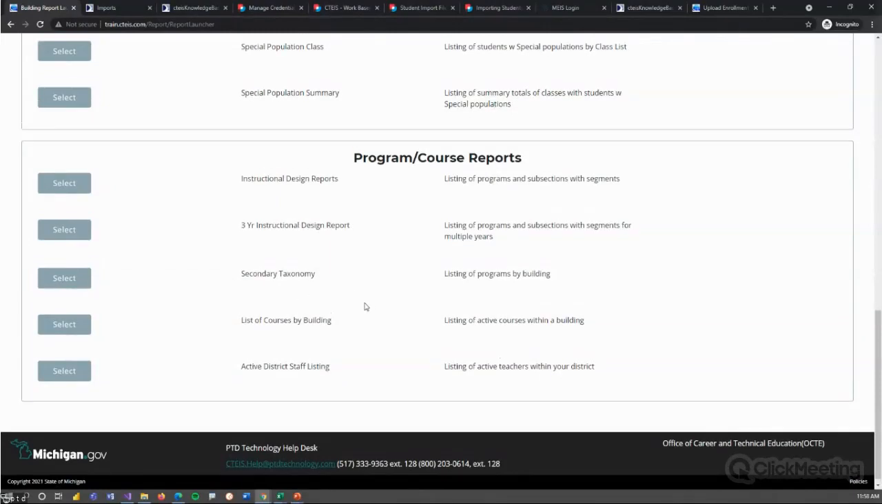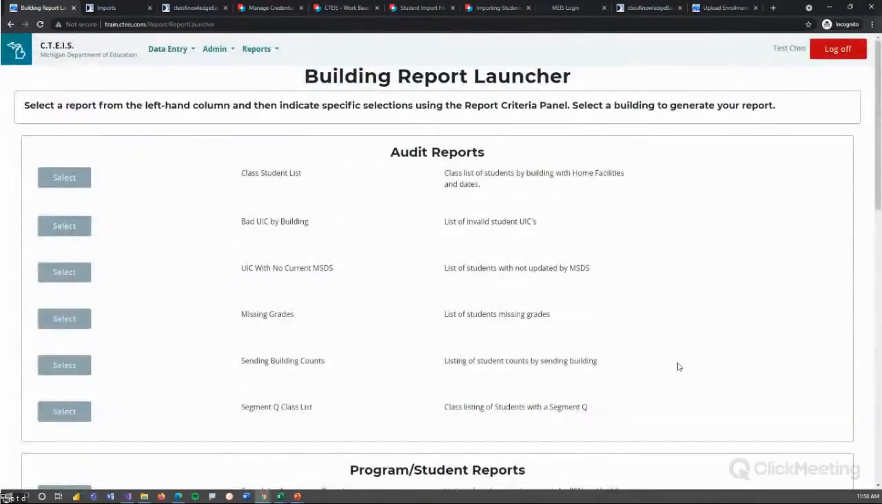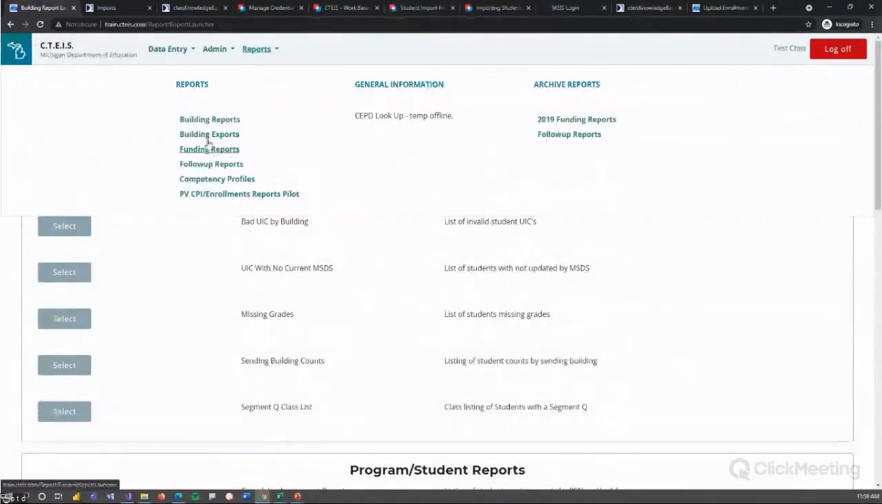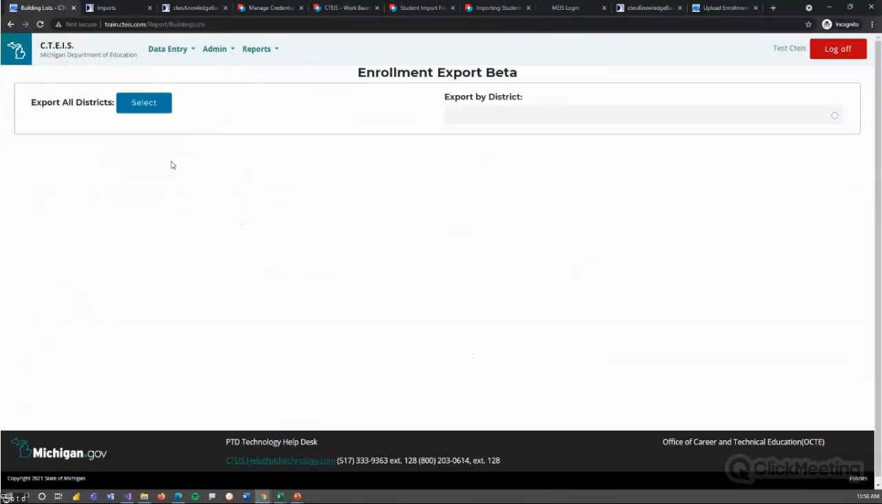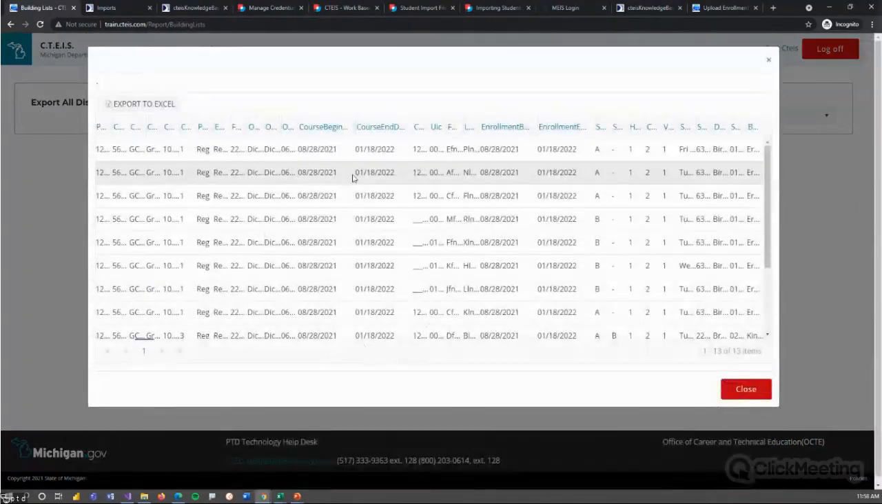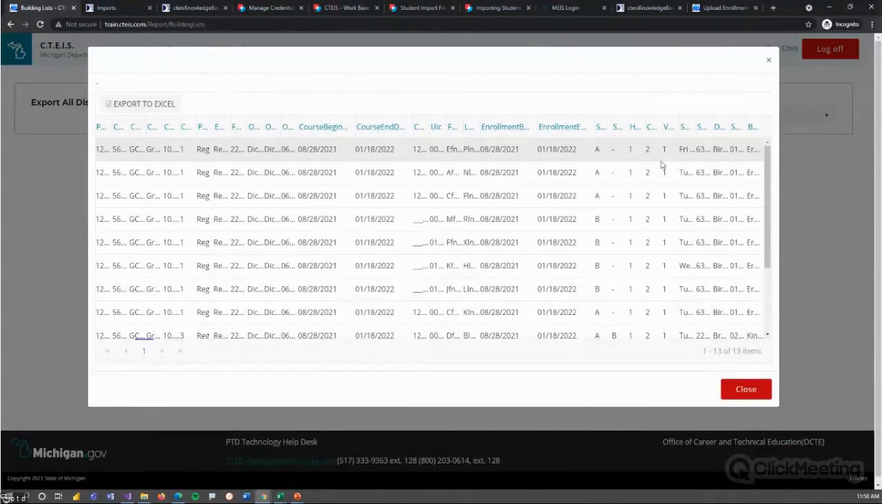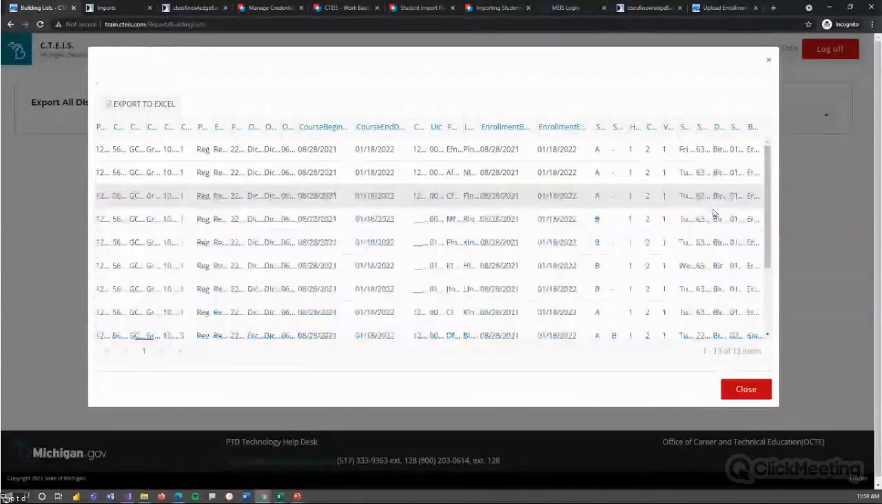So a lot of different reports here that you can take advantage of. We also have building exports, which allows us to export. I can choose a particular district and select to export that, and it will give me all of the students that are currently enrolled. And this is a stand-in for some of the reports that we're working on,